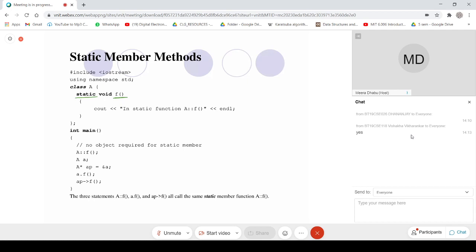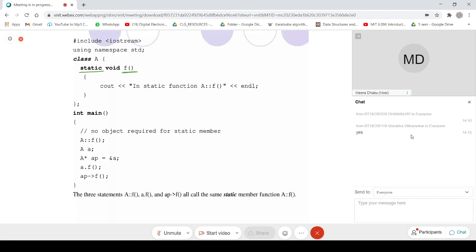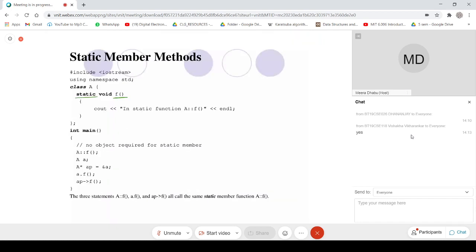We know that we are required to invoke a member method in association with some object, but this is not the case. Here I am telling the compiler to invoke member method f which belongs to class A.